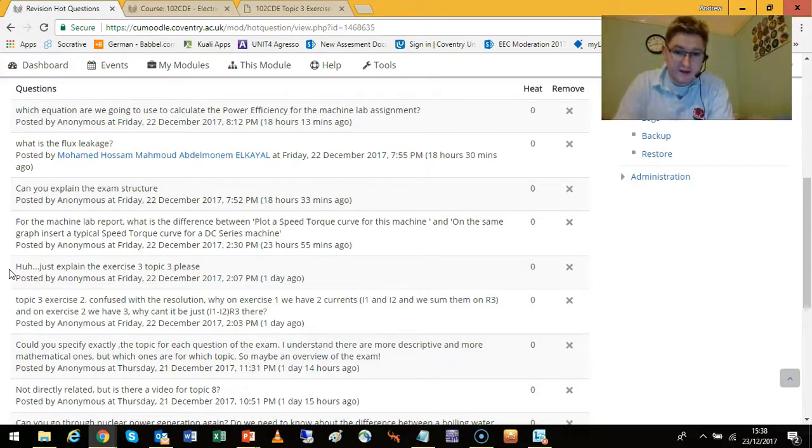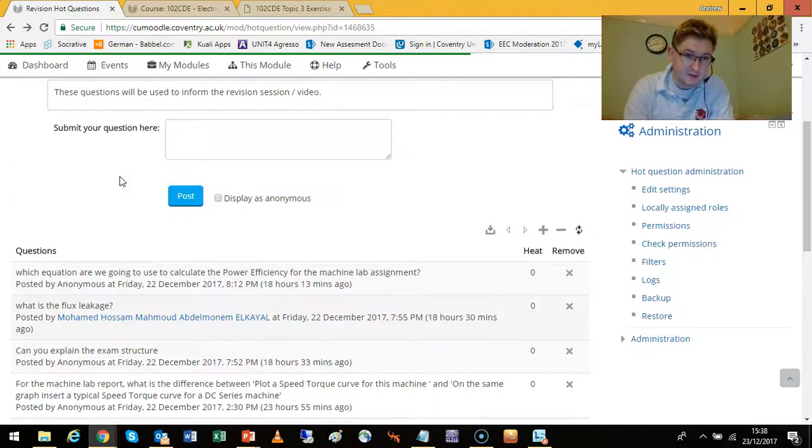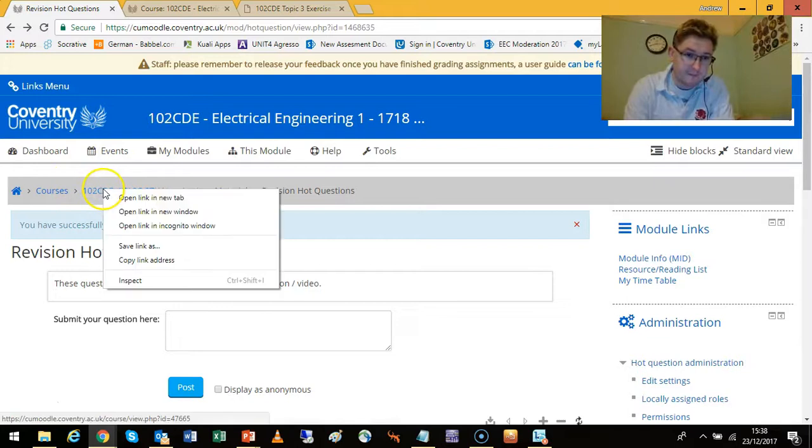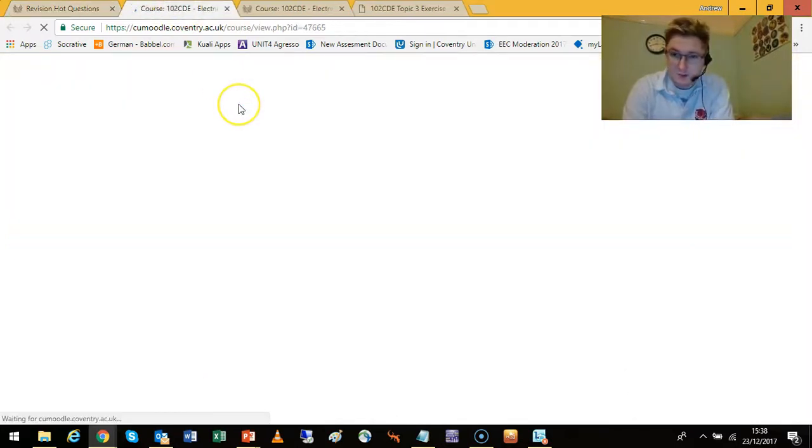Then on the same graph you'll have to insert a typical speed torque curve for a series machine, so you can see the differences between different machine types, because I believe, if I remember correctly, you guys did a shunt excited machine for your machines lab. I'll just double check that just to be on the safe side. So I believe you did a shunt